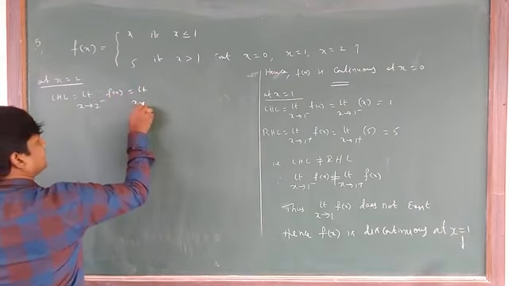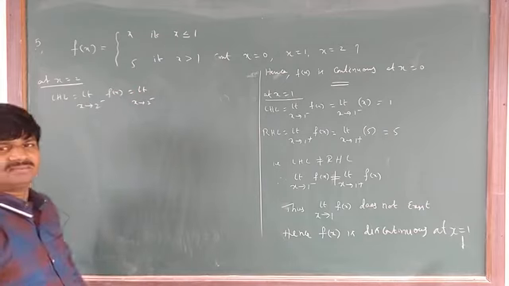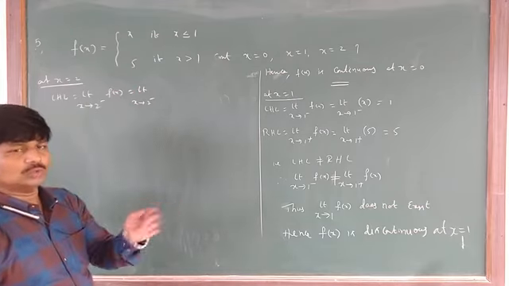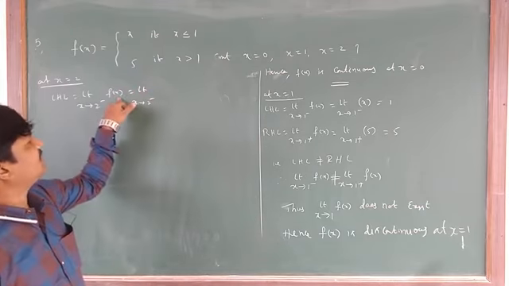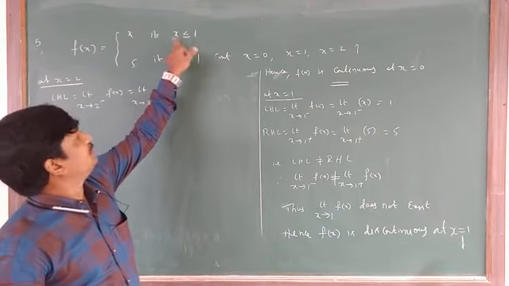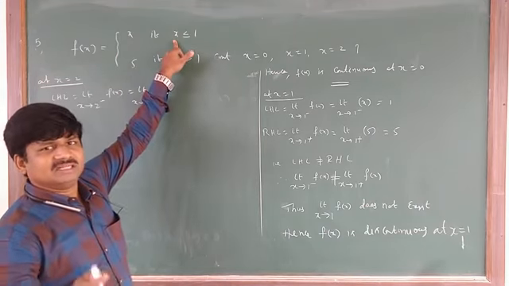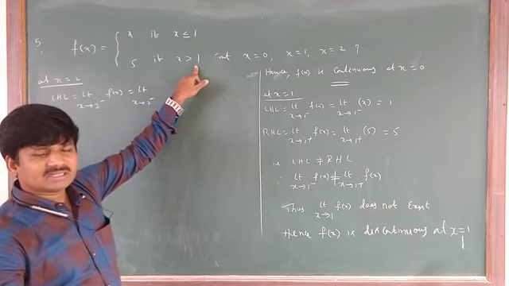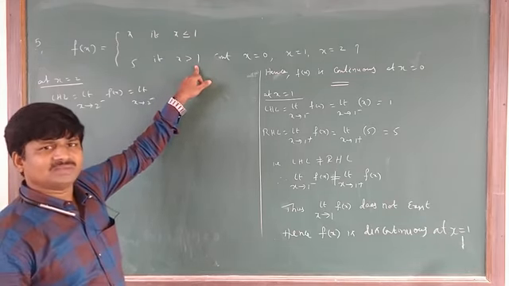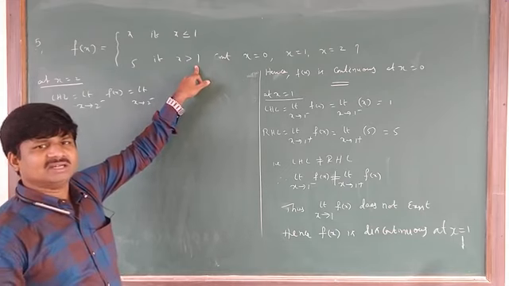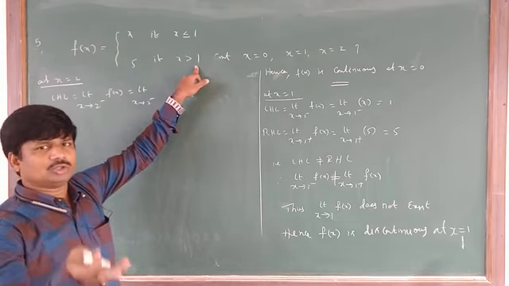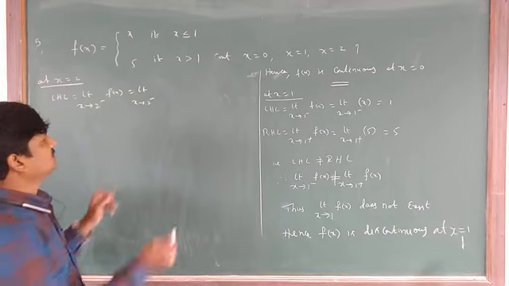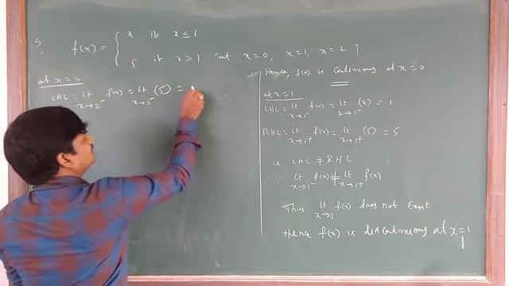Limit x tends to 2 minus. 2 minus means below 2. Just observe here, what is the function f of x here? It is below 1, which is not satisfied. So just observe, above 1 it is. Above 1 means, at 2 you can take it. Below 2 or above 2, the function will be the same only. So it will be 5. So this value is 5.